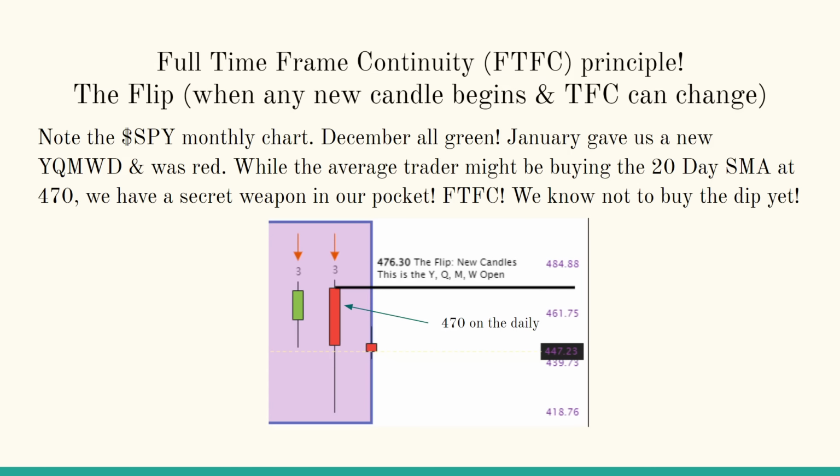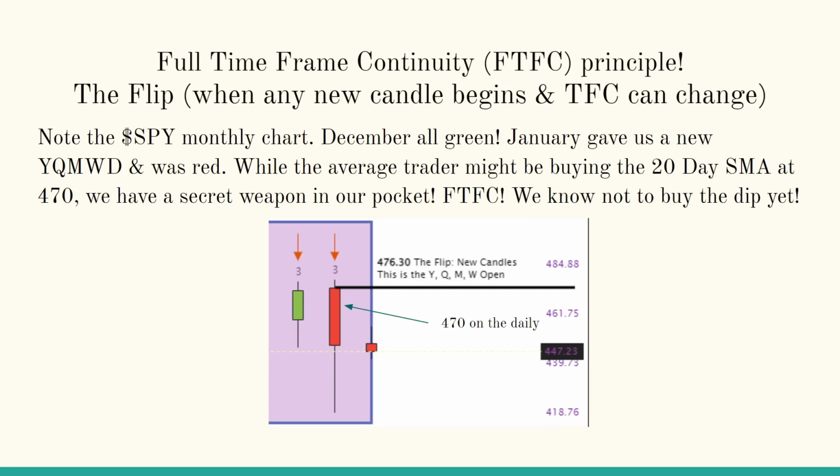And this is just to, I think a lot of traders had trouble in January when we got this huge outside bar. But you'll notice, so the flip, which is any new candle forming, which is part of the time frame continuity principle, we open the month, this is SPY. We open the year, the month, the week, the day, everything at this level at 476. So anytime we were below this during January, even though we were up at all-time highs, and people are